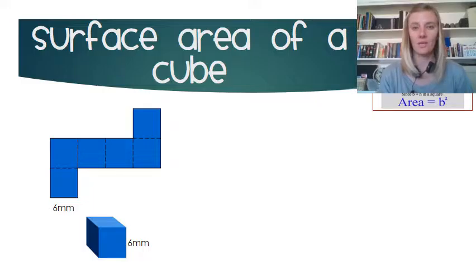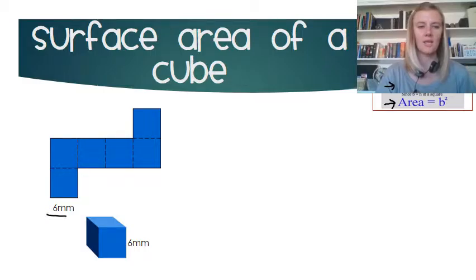And hopefully you have come back now, and we can solve this together, and you can check and see if what you did was correct. So we're going to use the area formula of a cube, and you can see that it's the same as a rectangle, really, guys. It's just base times height. But since all of the side lengths of a square are equal, we can just take the area equals base squared or side squared. Whatever it is, you're going to take the length of one of the sides and you're